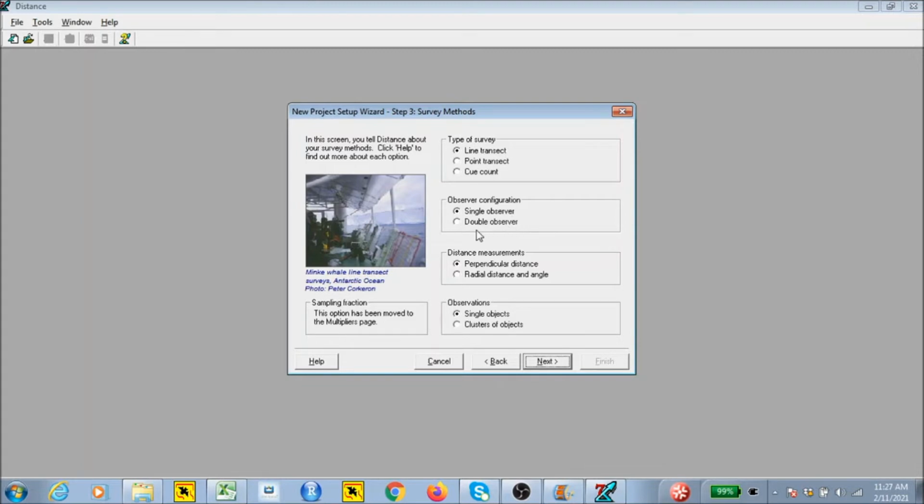All right, so observer configuration, single observer or double observer. We're going to make our lives simple. We're just going to leave that as a single observer. So we're going to pretend that everybody was acting as just one observer. And in most of the circumstances, if you ever work with this, unless you're on a team or something, you'll be doing this in a solitary fashion anyway. So now distance measurements. Did we record perpendicular distances or radial distances and angles? We recorded radial distances and angles, and